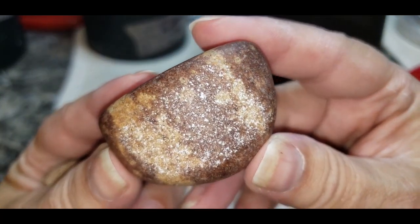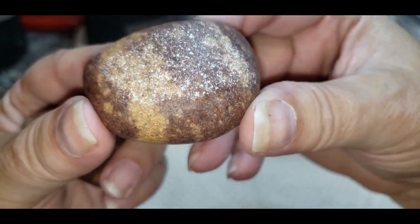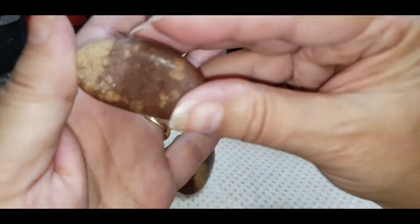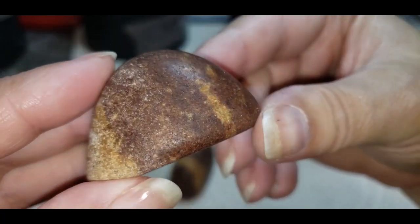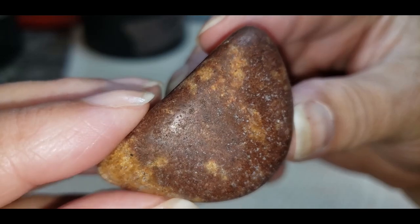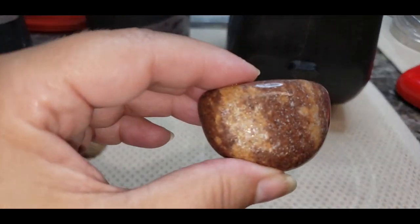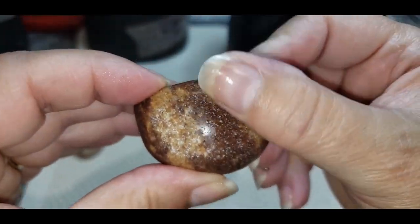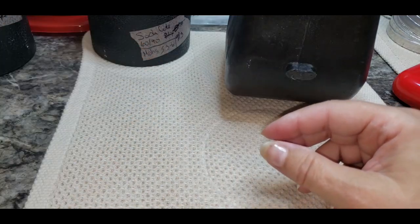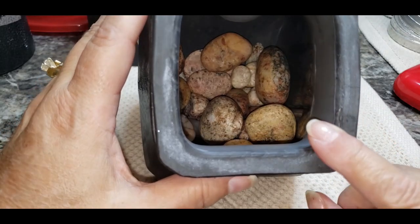Oof. It's drying out quite a bit. And this is a perfect example. You see how porous that surface still is. There's no way it's going to take a good shine. You see when it dries out, you can really see the surface, as opposed to when it's wet. Yeah, I'm just going to remove these two stones from the batch, set them aside,